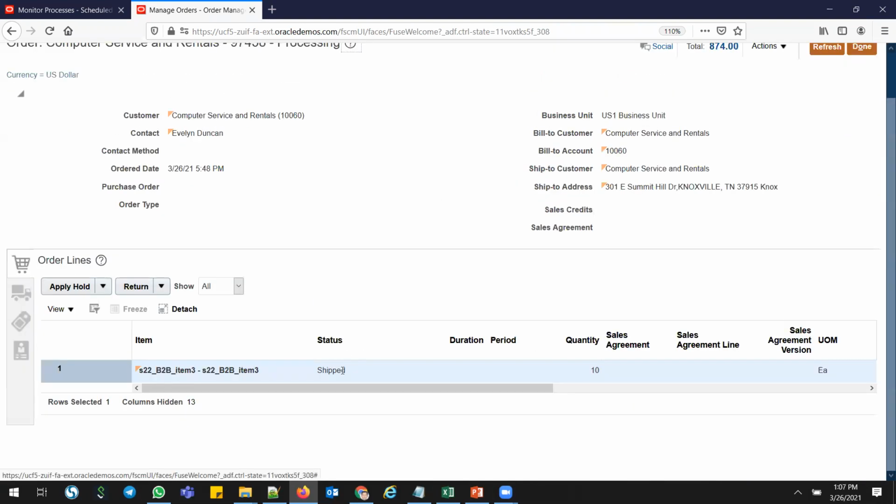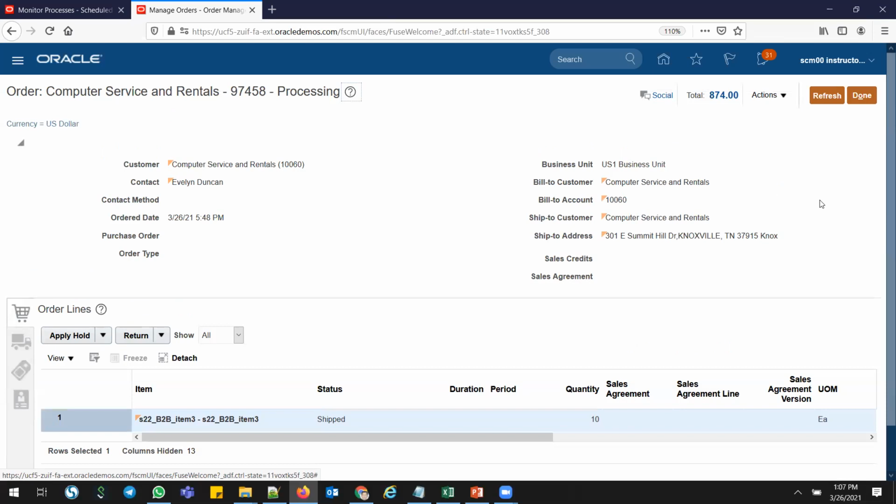The status is shipped. So this means that it picked whatever the quantity in my warehouse. It picked up, and then for whatever the remaining demand, the system will check is there any in transit based on my ATP rules. Is there any internal purchase order or internal requisition which will fulfill my date, whatever the scheduled ship date. If it is there, then the system will use that demand. It will reserve that demand. If not, then it will create a buy order or transfer order or make order based on my sourcing rule. That's how the P2P parcel fulfillment works exactly as the business requested in cloud.